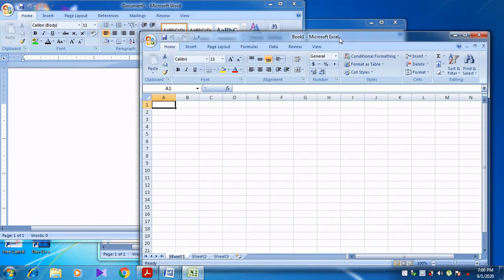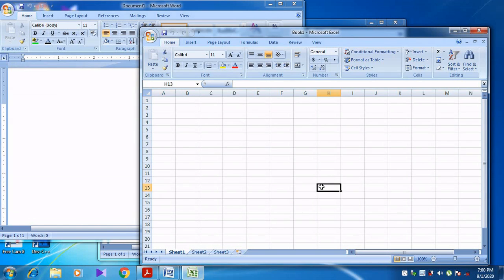Whenever I click on Excel, you can see that Microsoft Word is opened at the back side, so it is inactive. Nothing is happening in Microsoft Word. Now Microsoft Excel is active. But when I click Microsoft Word, Excel goes to the back.